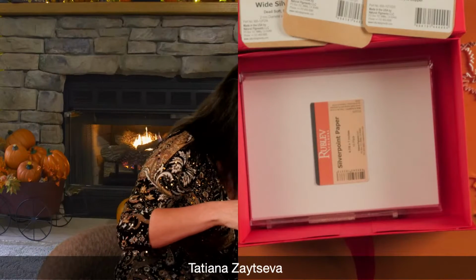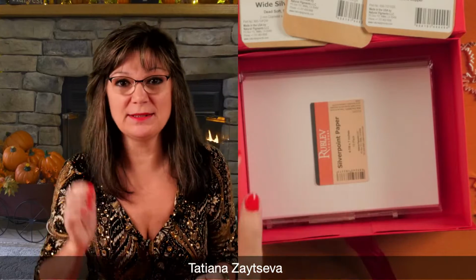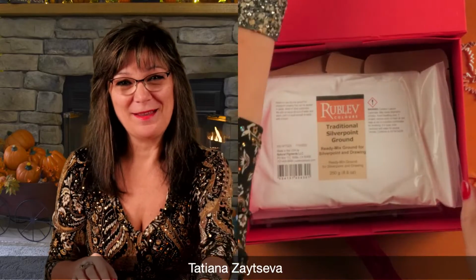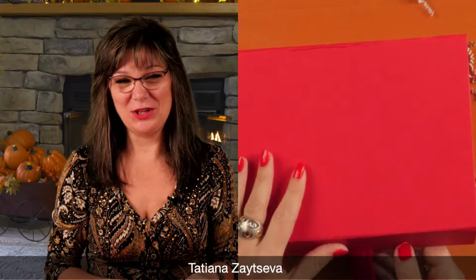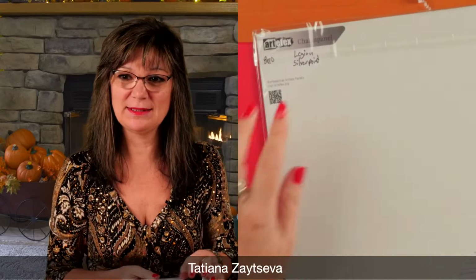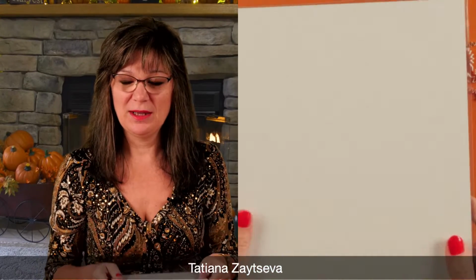That's back in stock, and even more, on our demand Artifacts finally started making silver point panels. They look beautiful. So this is already silver point paper, adhered to the metal. So this is our